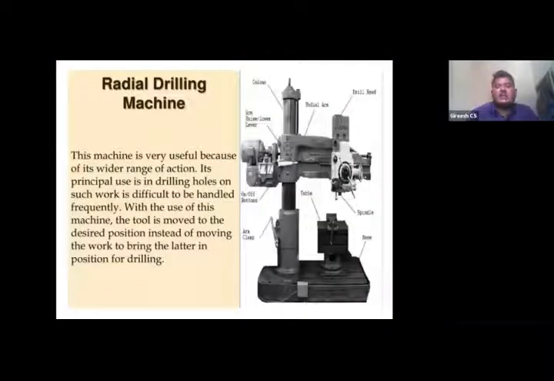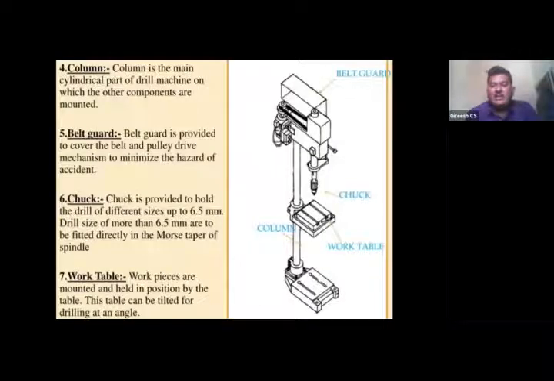The next one is radial drilling machine. You see the radial drilling machine here. So what is the difference between radial drilling machine and bench type drilling machine? Here the machine is heavy. Whereas in a bench drilling machine, the work table is mounted on the column, because it is operating only light duty operations. So the job weight or size of the job is minimum.